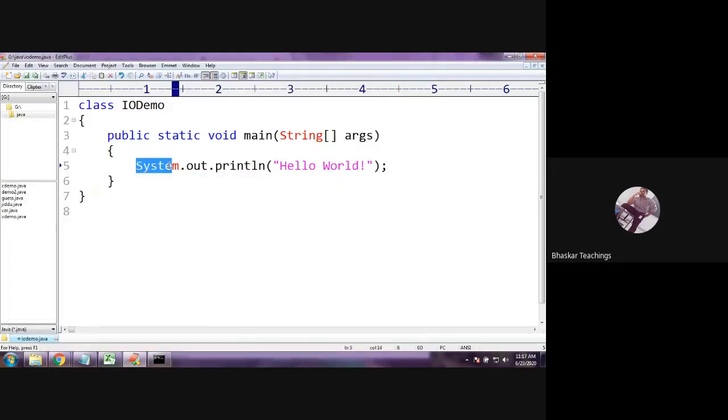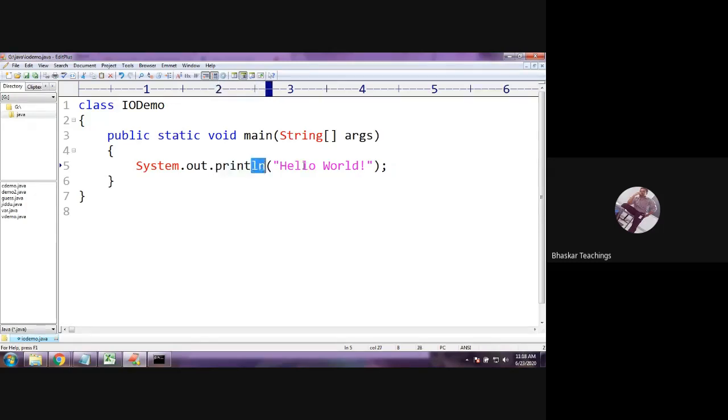Fine. So this is a printing statement, output statement. In this output statement, we have System followed by dot, followed by out, followed by dot again, and followed by println. We have just printf in C language, but in Java we have System.out.println. Now I'm not going to explain each thing because it is too early for you. In the later classes, we shall know what is System here, what is class here, what is println here. For now, you just remember that println is a method. Use it to print output onto the screen.